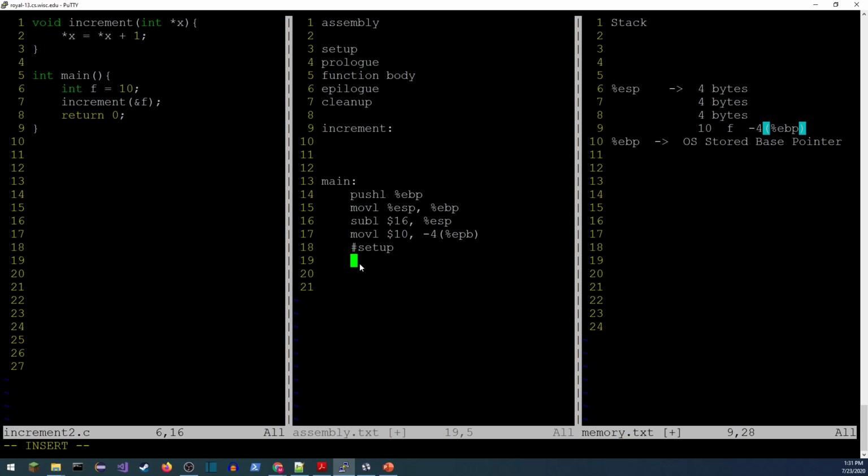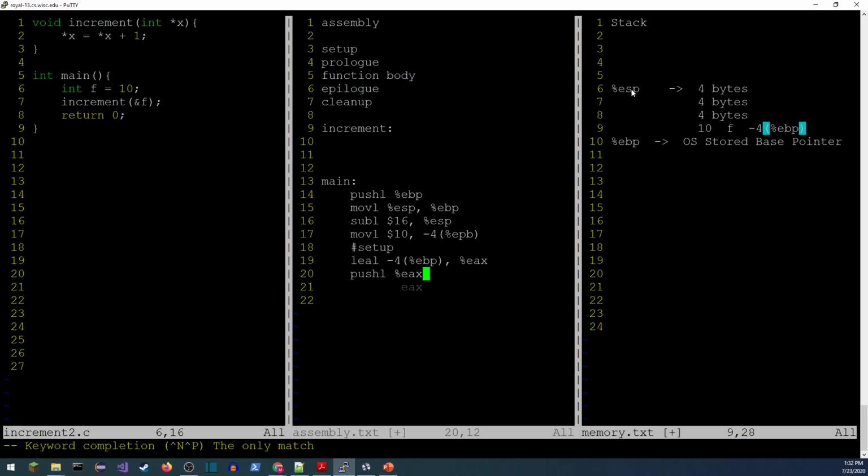So to do that, we're going to use the load effective address. That's always a subscript L. Load effective address. And the address that I want is this one right here. I want to access that memory location. So that's -4 from EBP. And I'm going to just store that in a register. How about EAX? There we go. And then once I've done that, I just need to push it on the stack next. My brain was cramping up for a second there. So we'll push that memory address on the stack.